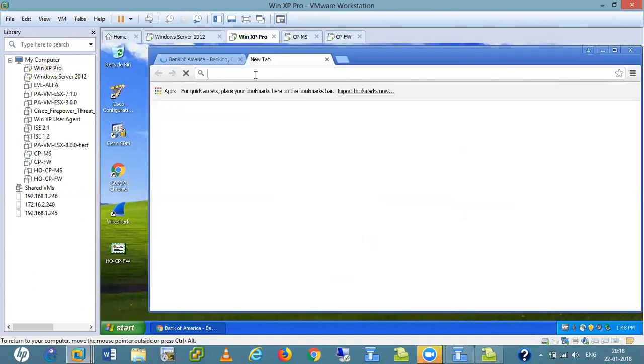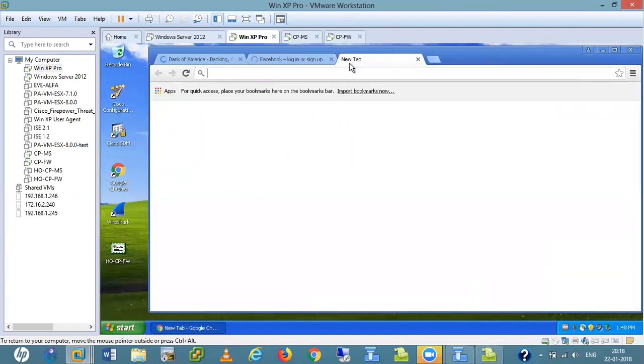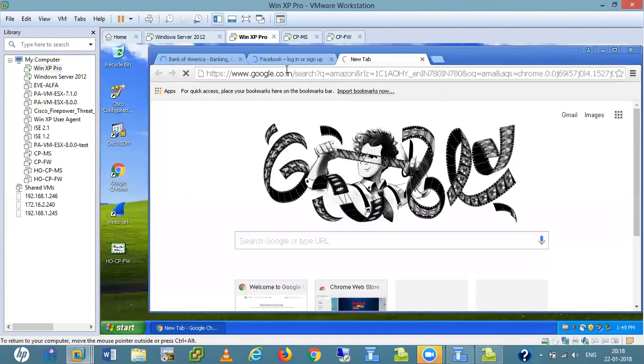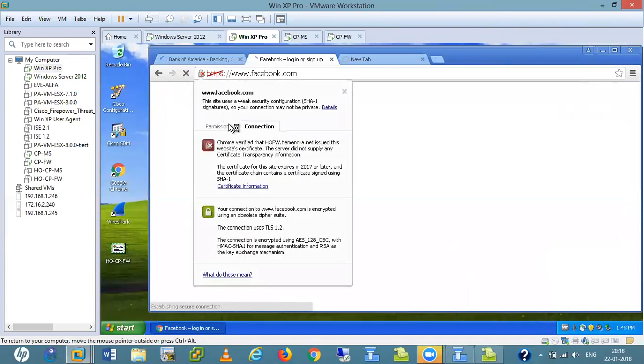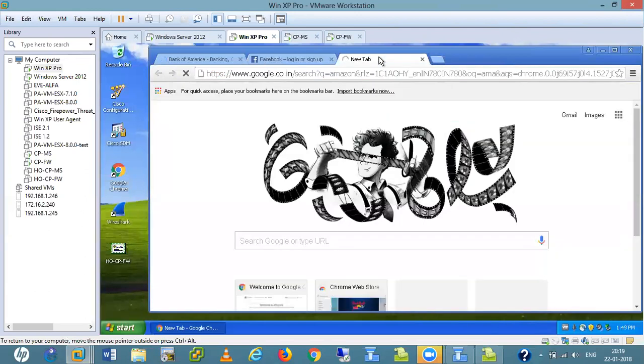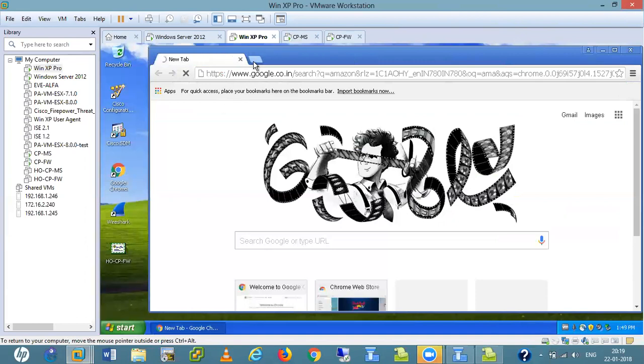If I open this one, Facebook or Amazon, see, here decryption is happening, right? So like this, we have to write the policy according to this only. Because in European countries these things are a must, but in the US we can decrypt that thing also. But in European countries, there are lots of restrictions.